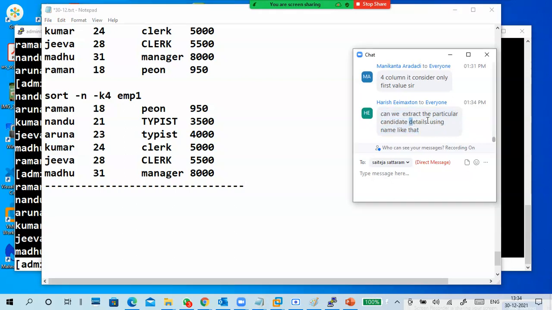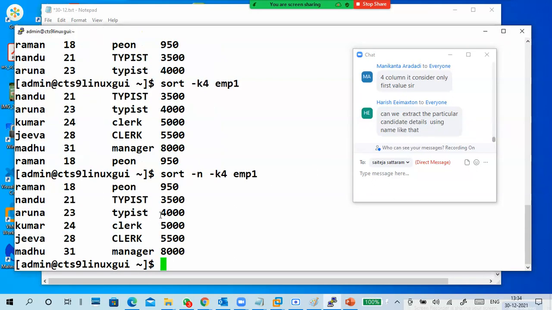Can we extract a particular candidate's details using the name? I didn't get it. Sort is sort only.